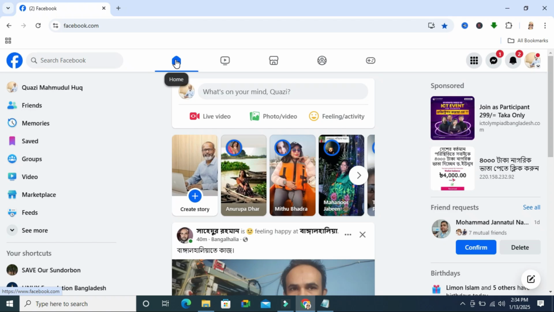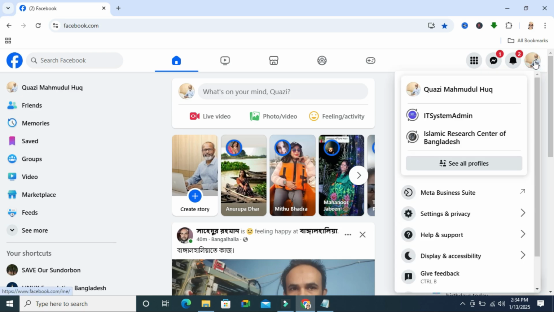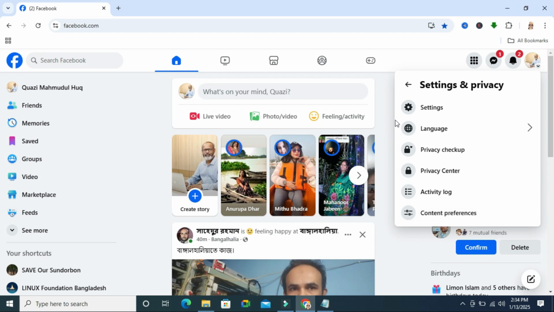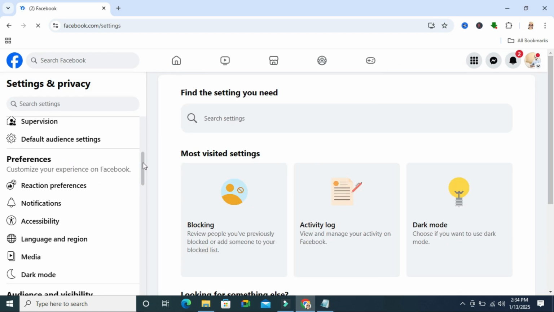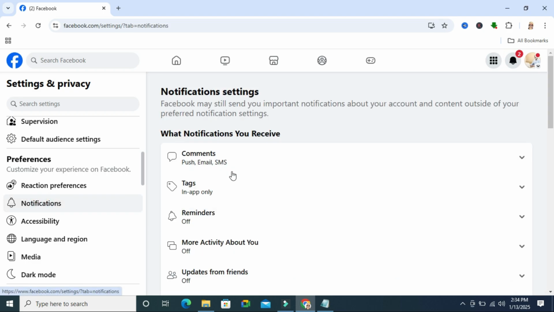To turn off comments notification on Facebook, go to your Facebook and click on your profile icon on the upper right corner, and then click on Settings and privacy. Click on Settings. In the left pane, scroll down. Under Preferences, you will find Notifications. Click on Notifications, and the first notification is Comments. Click on Comments,